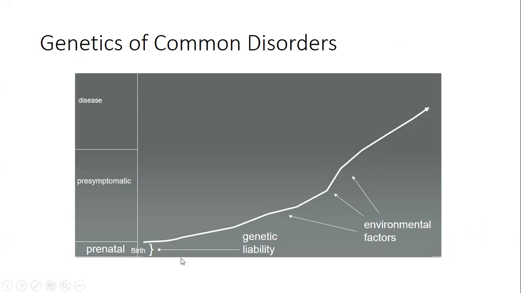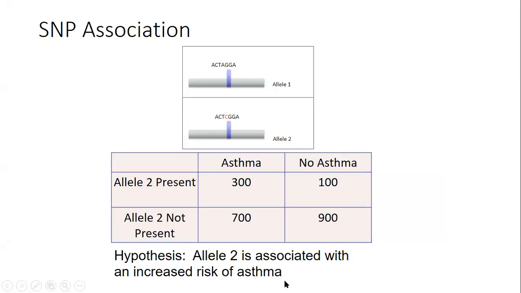And the hope here is that if genetic liability is recognized early in life, you can predict who's at risk and then prevent them from climbing this curve, maybe with influence of the environment, into the disease category. So the question is, can you figure out from the genetic liability who's at risk and offer them some plan to modify that risk? And for a long time, the mainstay has been association studies looking at single nucleotide variants